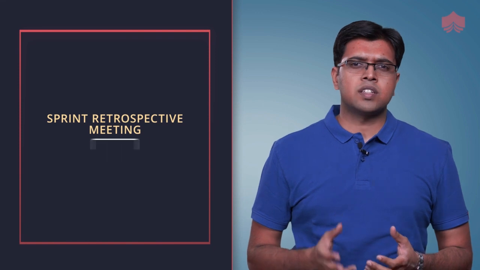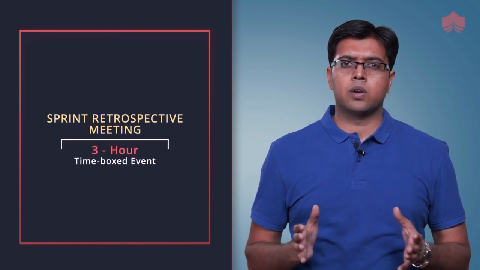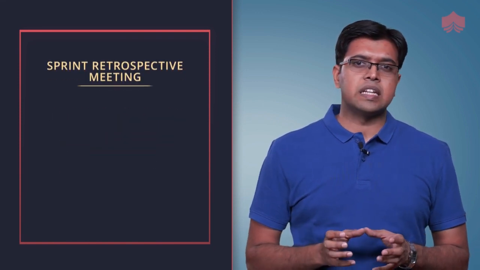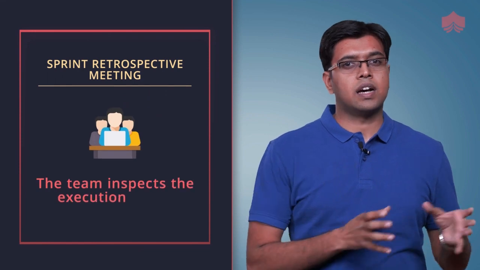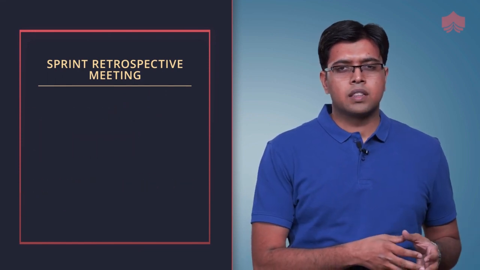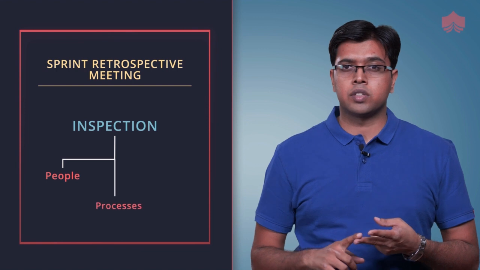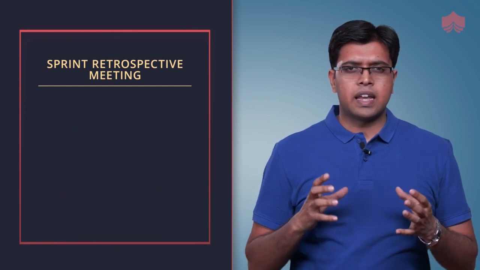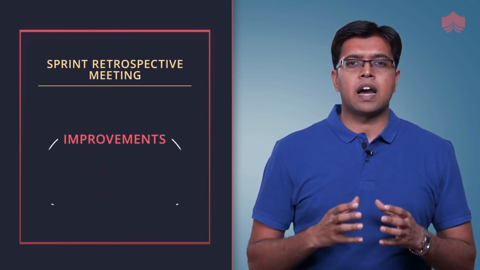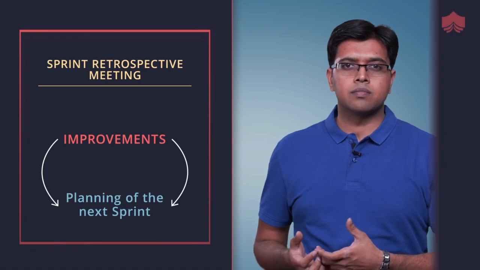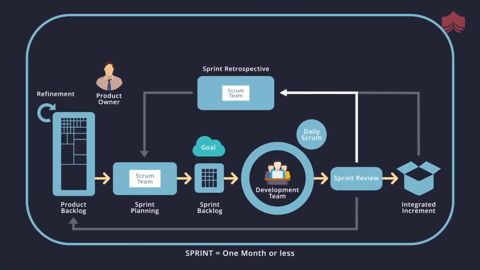A sprint ends with the sprint retrospective meeting. This is a 3-hour time-boxed event for a month-long sprint. And during this meeting, the team inspects how the last sprint went. The inspection is done across people, processes, tools, and any improvements that are identified are added to the planning of the next sprint. This diagram represents the Scrum Framework, and this is promoted and supported by one of the most